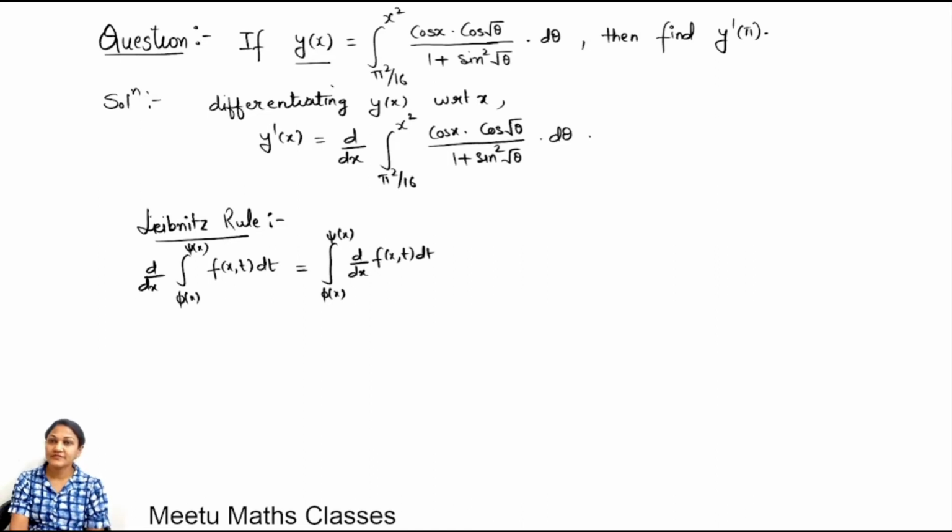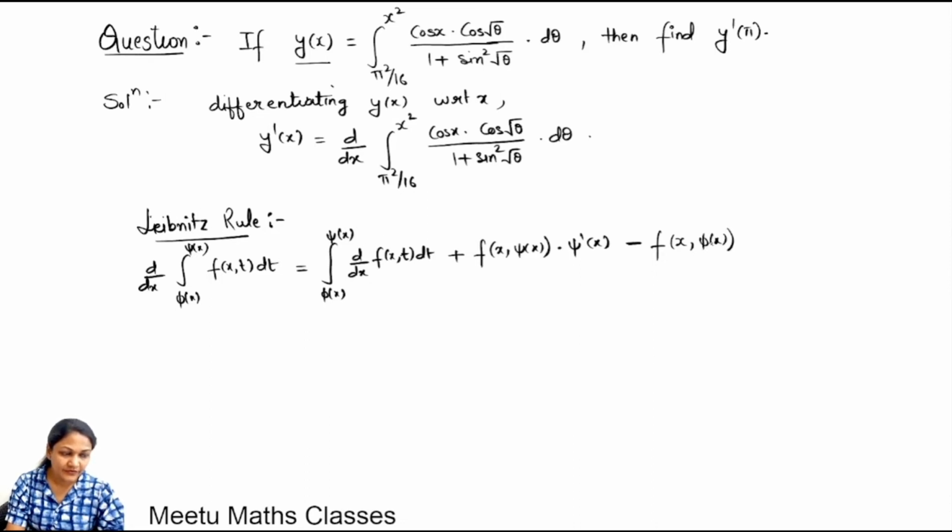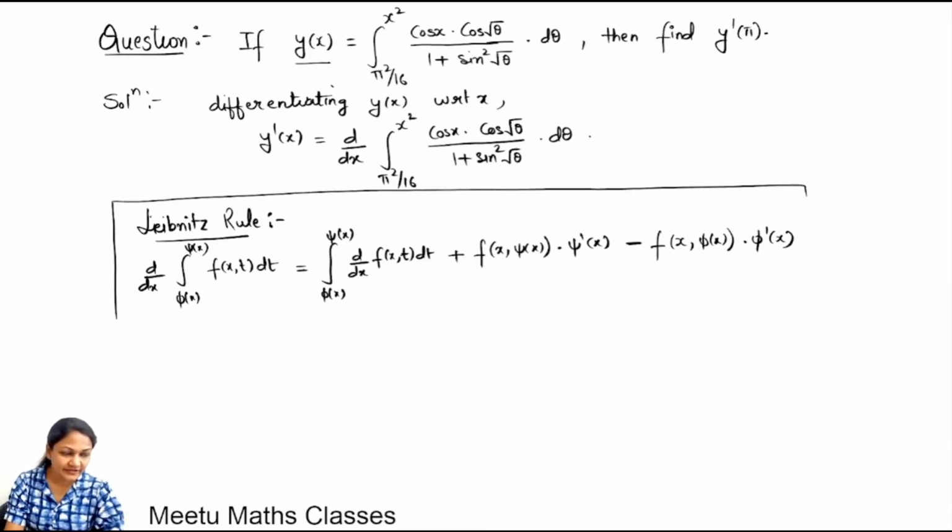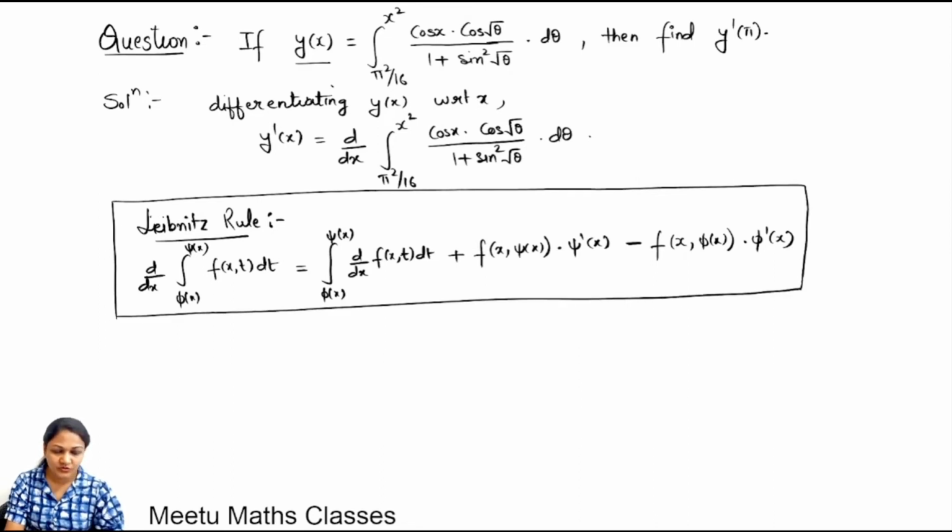and while taking the derivative of this function you can treat t as a constant, plus then you are going to substitute t as xi x first, f of x, xi x multiplied by derivative of xi x minus, now you are going to put phi x in t, then you will get function in x and phi x. If you replace t with phi x, then you get this multiplied by derivative of phi x. And this is the rule for definite integrals, where you are supposed to differentiate an integral function. So using this, we will